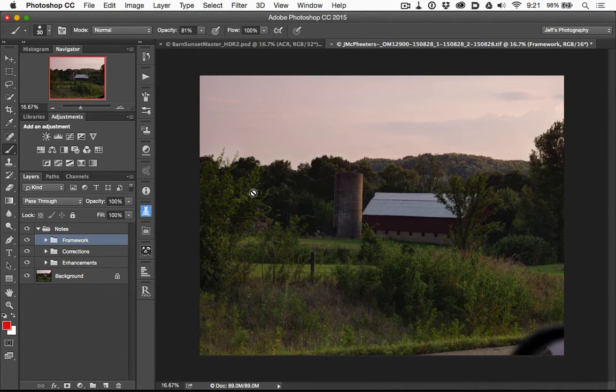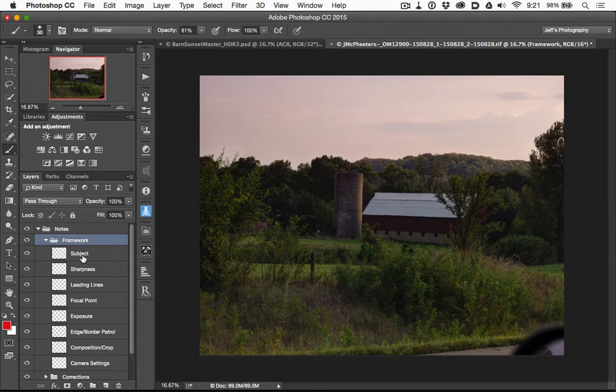50%. So I'll go into a layer, and this is the subject. Do I see the subject? Are there multiple subjects? Again, download the PDF and study her explanation of these separate points. But you know, this is my subject. But say I wanted to mark that up to remind me if I wasn't sure. If I had multiple subjects, I might do S1, S2, S3 in the order that I want them to be